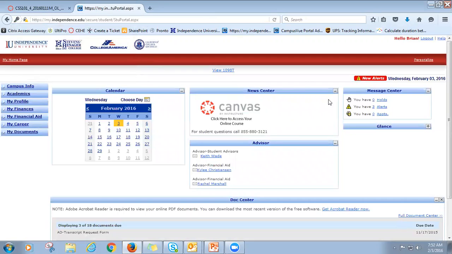Once you see this screen, you have successfully logged into your student portal. You can see that your name is on the upper right-hand side, that you have a calendar right in the middle of the page, and a couple of tabs on the left-hand side. Now, the student portal is what you'll be using throughout your entire program at Independence. So I do encourage you to explore the student portal, but I will briefly tell you some of the functions